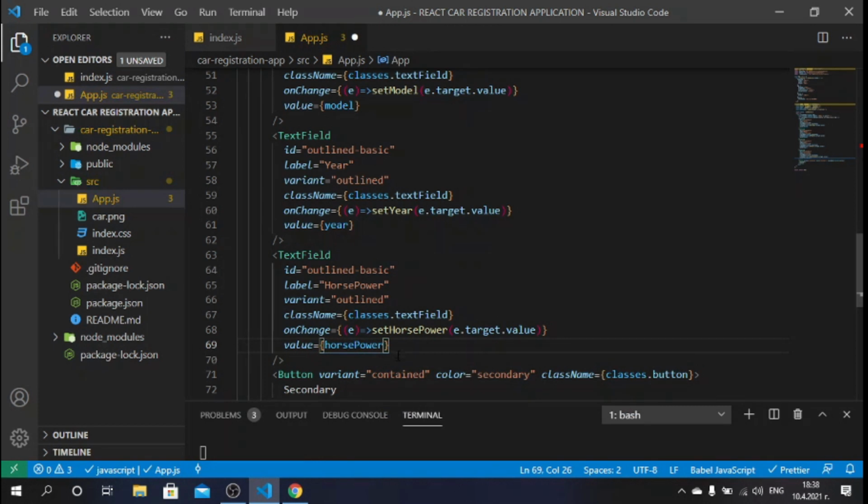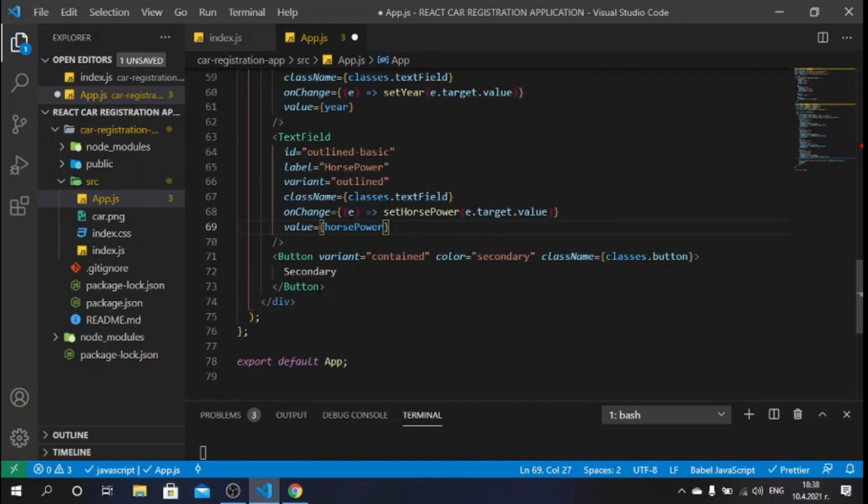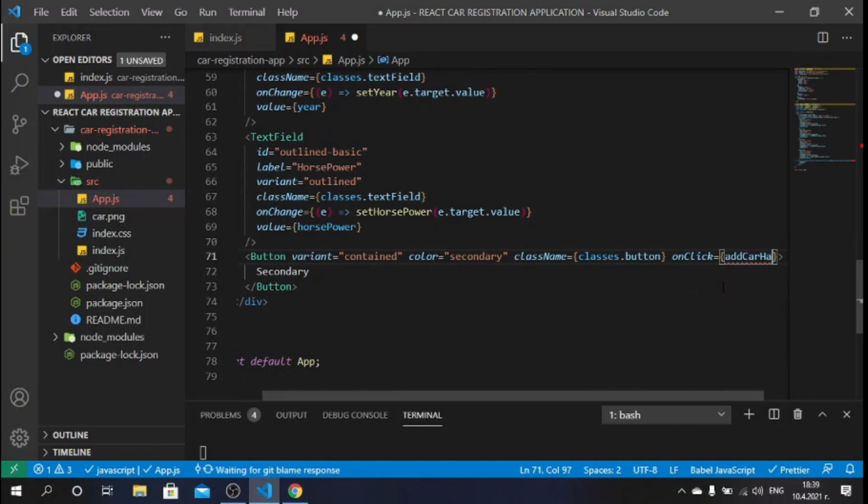Okay, nice. So we have set up this. And now what we need to do is whenever we click the button, we need to do something. So what I will do now, I will assign an event listener to the button. So here I will say onClick, and that will be equal to a function which we will call, how we can call this, we can call this addCarHandler. Okay,